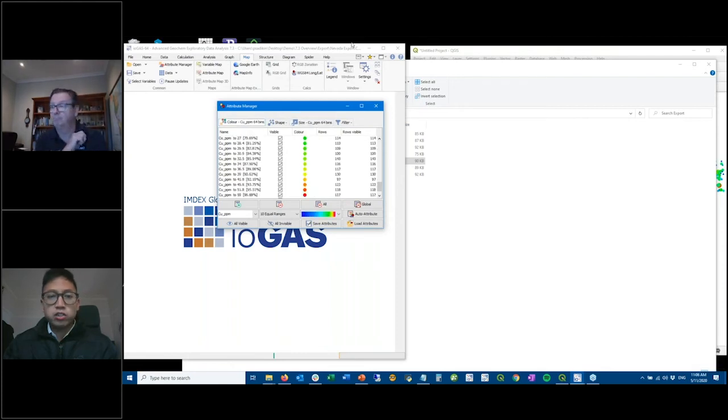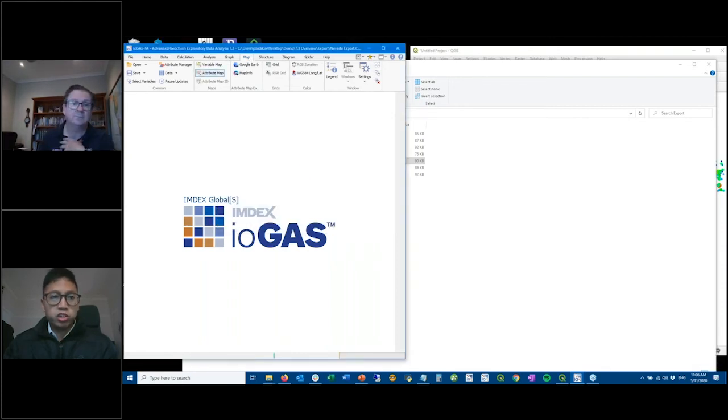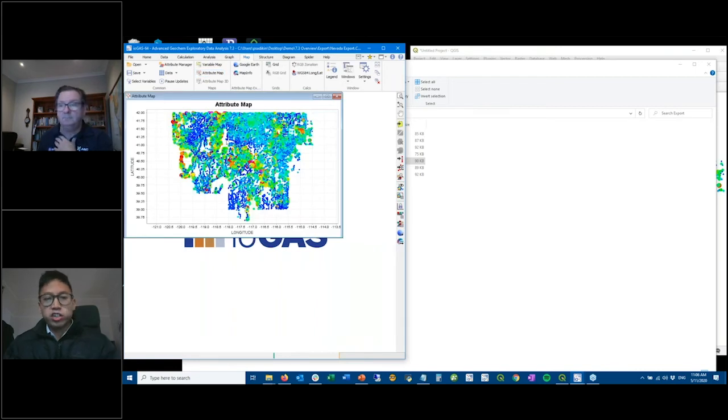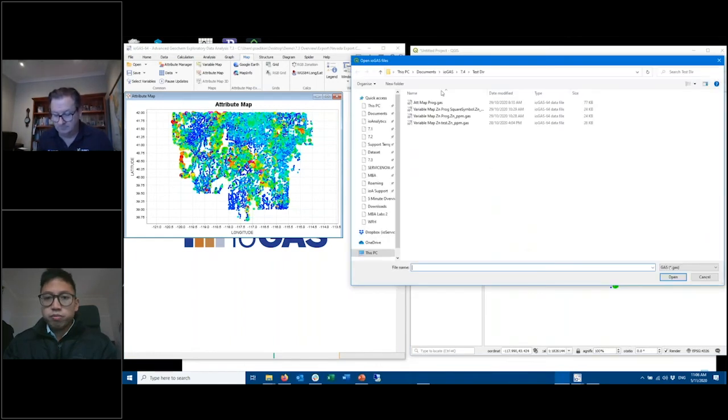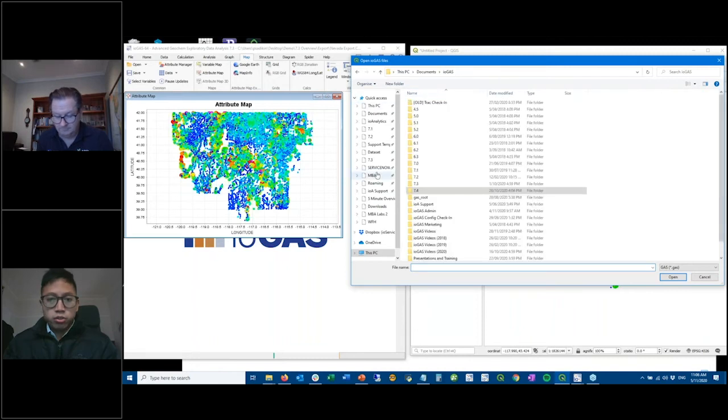What you can do with this is, I'm just going to bring it up as an attribute map to show you what I mean. So that's the equivalent of what I exported from the variable map. And then in QGIS itself, I'm going to click on Scratch Layer. And what you can do now is, just going to find